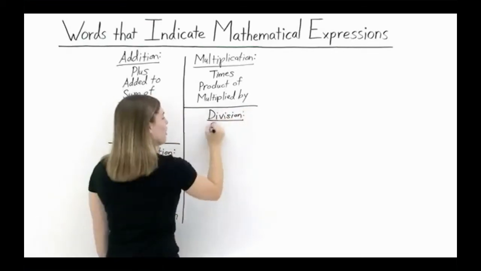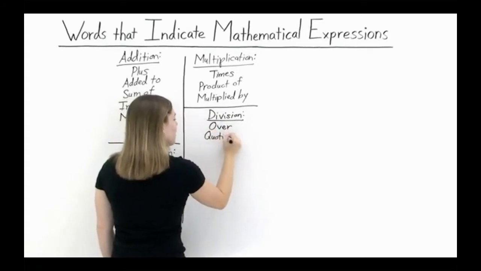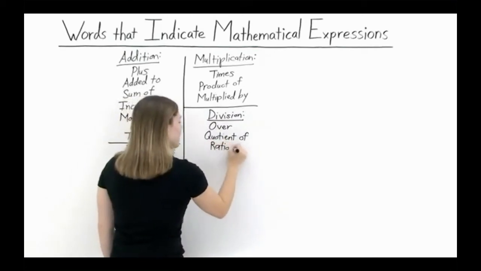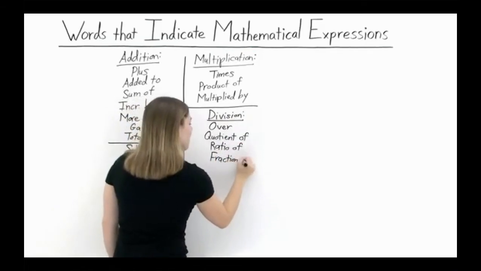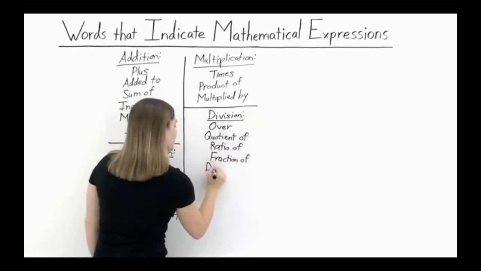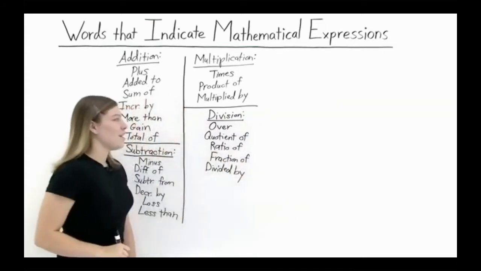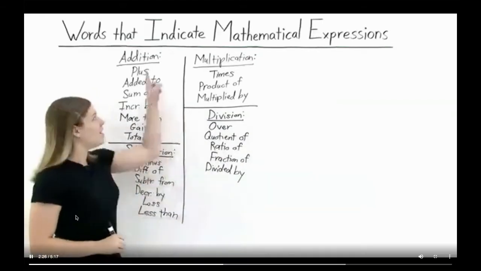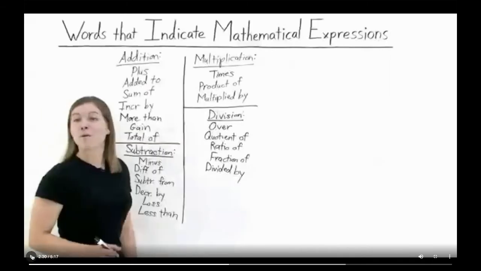First, we have over, then the quotient of, then we also have the ratio of, the fraction of, and then, of course, good old divided by. Seeing any of these words means that we're supposed to divide. Now we have some words that indicate addition, subtraction, multiplication, and division. But